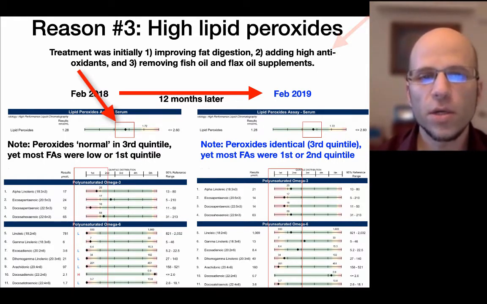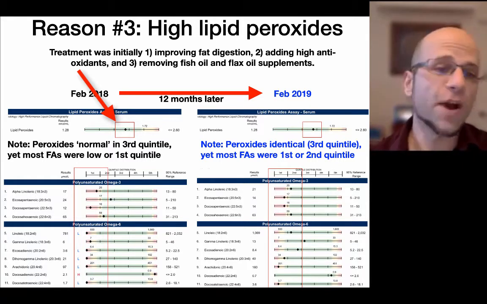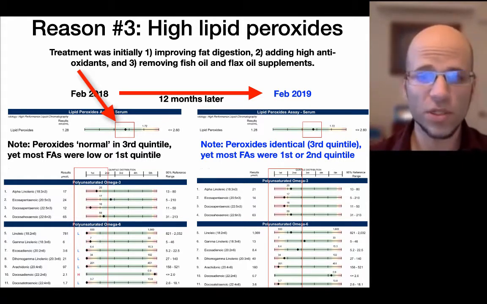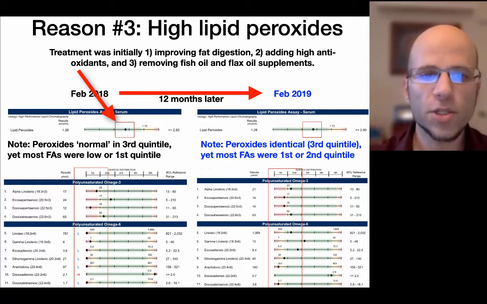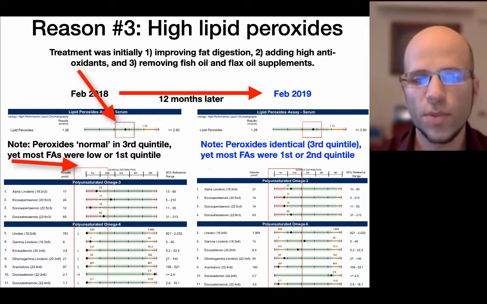Now here, this person's lipid peroxides are smack in the middle, third quintile, so you'd think, oh, he's totally fine with lipid peroxides, he's normal, he's in the middle of the bell curve. That's not actually true relative to the amount of total fats in his blood. So if he has, on average, first quintile fatty acids, but he has third quintile lipid peroxides, what that means,